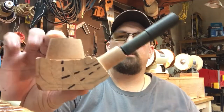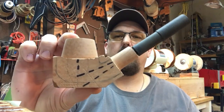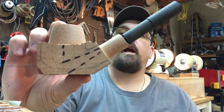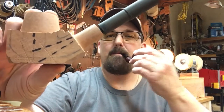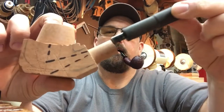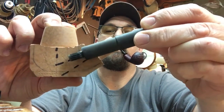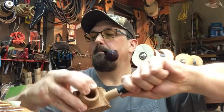As you get into different shapes, like this one here, more like a Dunhill 120 gooseneck. Okay, this pipe here really shows it. Your stem angle is going to go straight down into the bottom of the bowl, and your air draft hole is going to go towards the bottom of the chamber. So when you're doing this, your drill bit comes in first, straight in to drill the mortise, and then it turns a little bit, and then you drill it a second time, and that drills the air chamber, the draft hole, into the bottom of the tobacco chamber. Okay,